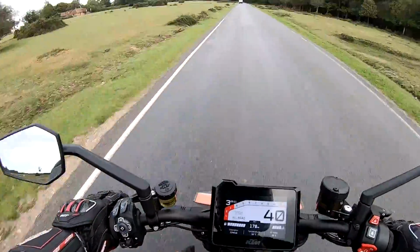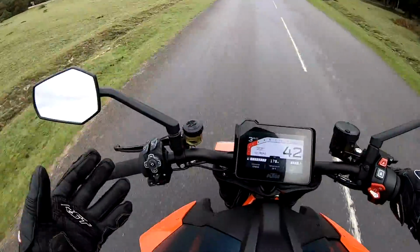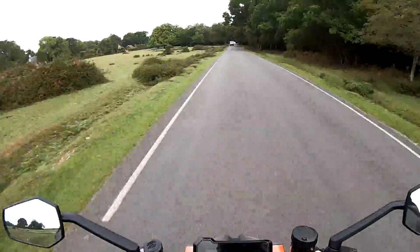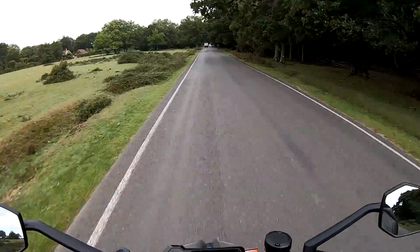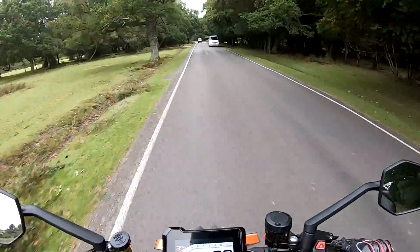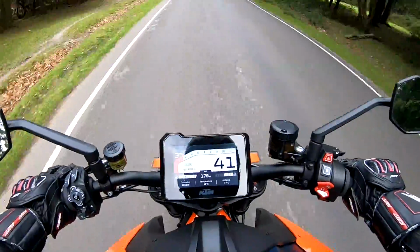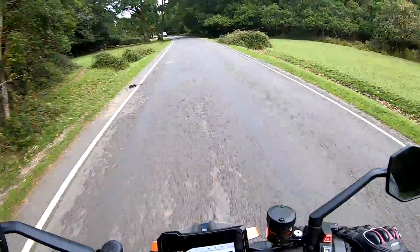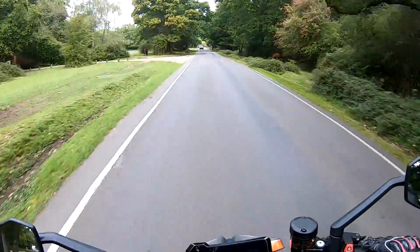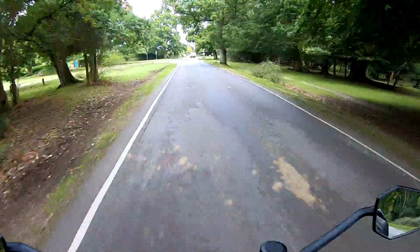What else have I found with it? The switchgear here on the left, a bit quirky, it's all raised up, but I've got used to it now and I really like it. You've got all your paddle switches for the rider modes, cruise control, all that sort of stuff. The TFT, no issues with that at all, very clear. It's just such a lovely bike to cruise on, to be honest,